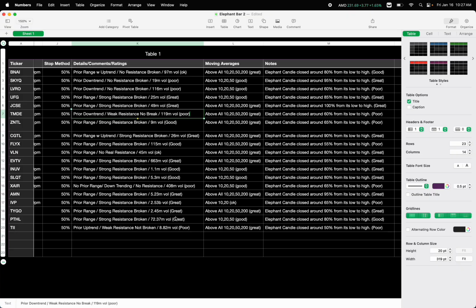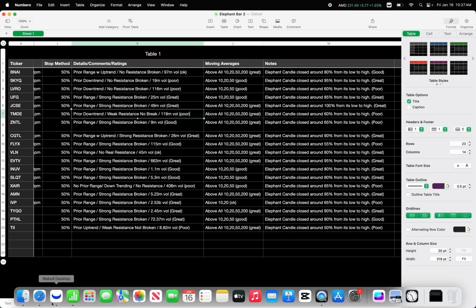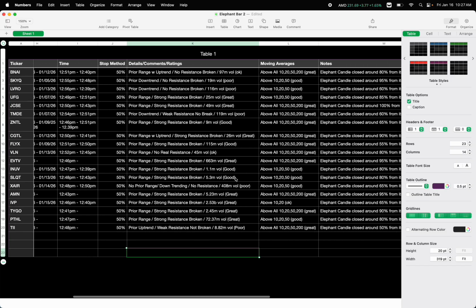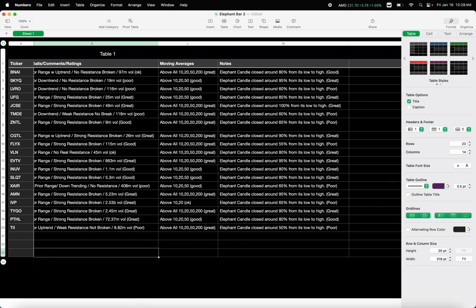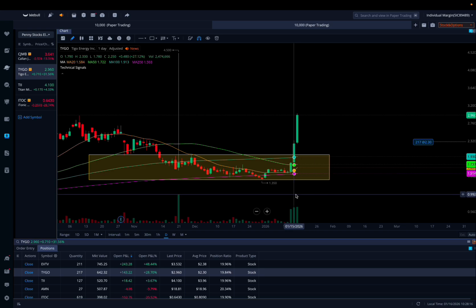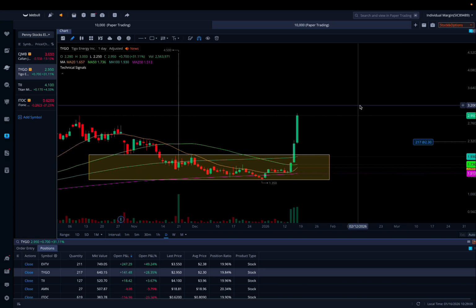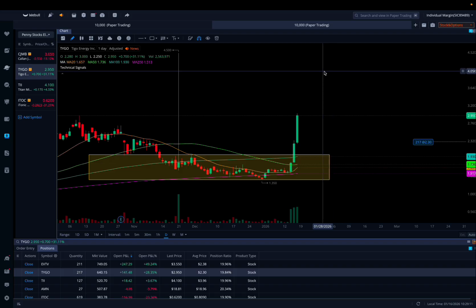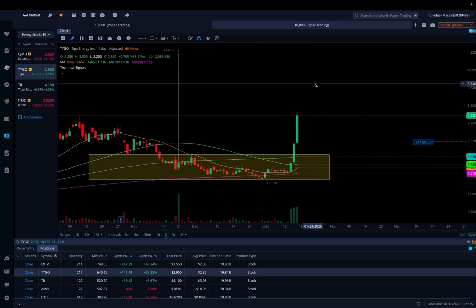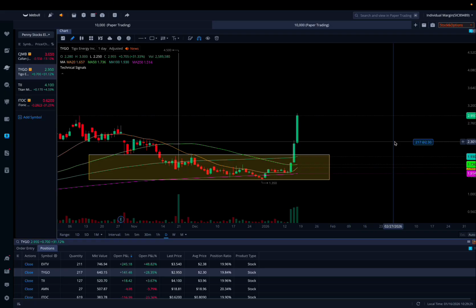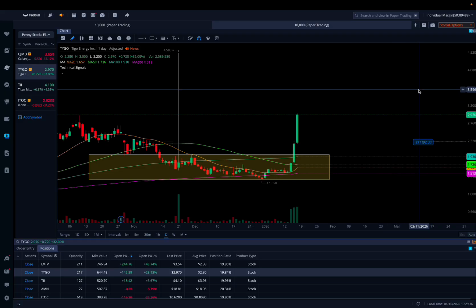So these are things that I gather, just to see what works and what doesn't. You can use this data, plug it into ChatGPT or whatever your AI is, and ask it for some information, and it'll give you some other information as well. For example, I learned that after the 5th day of the aggressive elephant candle, ChatGPT pretty much analyzed the data and said that after the 5th day, that's typically when the trade dies off and there's pretty much no potential anymore for a continuation. So that would be a time stop loss, something that I hadn't thought about, but I only realized after gathering that data. So that's why it's important to gather data, use that data to your advantage, and really sharpen your